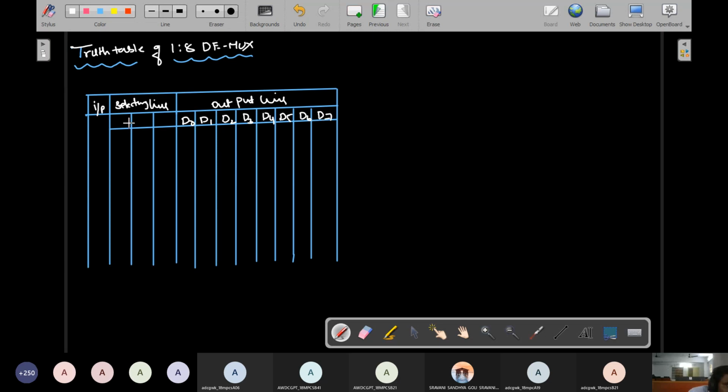Understand? So these are the selecting inputs. They start from right to left: S0, S1, S2. And these are the input I. So right now we have 8 possibilities. This input is always in high condition, so I am not representing it. These are the 8 combinations. I'll write the 8 combinations, and for that purpose I draw 8 lines.